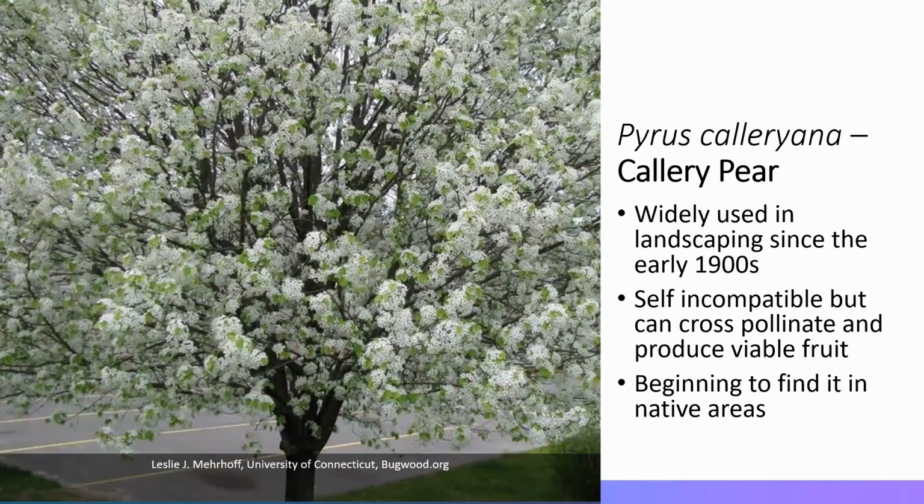And you need another pear tree in order to pollinate the flowers, because the flowers on one tree cannot pollinate each other. The way that these were sterile is that, like with Bradford pears, they were all clonally propagated. They were all made from cuttings of each other. So the genetics are identical. So you can plant as many of these as you want. As long as the genetics of those pear trees are identical, you're not going to create a viable seed or a viable fruit.